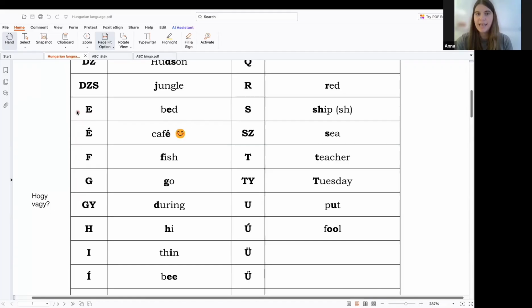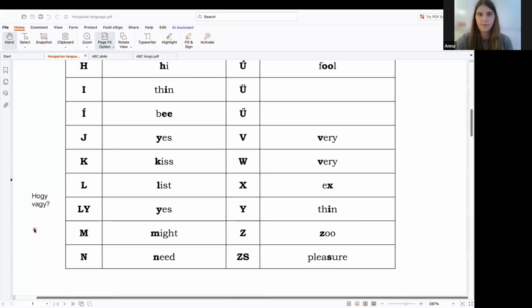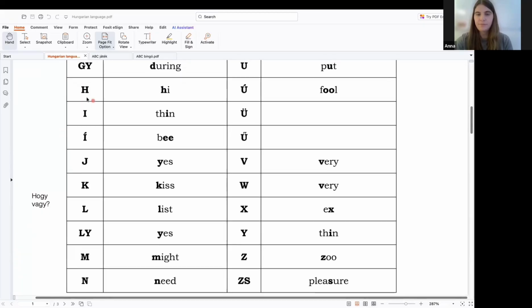Okay, I'll show you again. E, F, G, J. Okay, then we have the H, which is a h, h. Okay, and then we can see the vowels, but as you can see there is no smiley face, and the